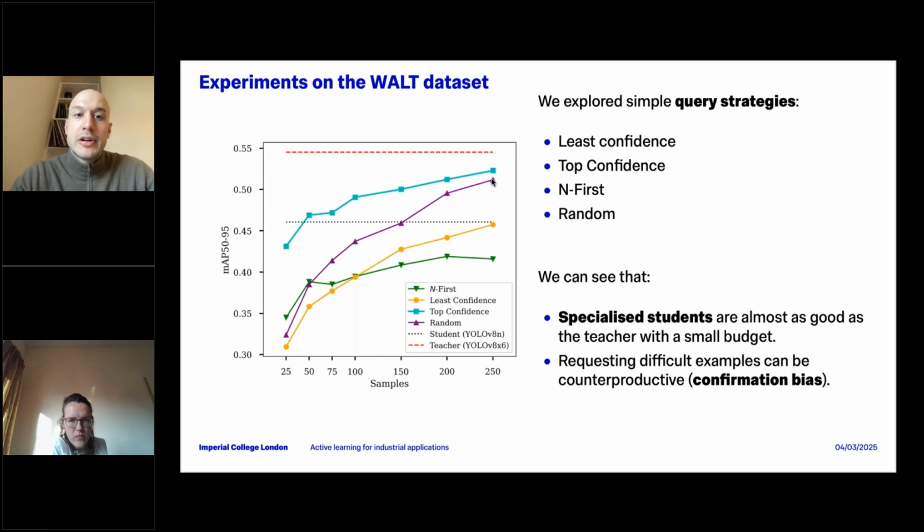But in this case, since we are dealing with a teacher annotator and not a human, it's not a perfect oracle. So if I ask for observations where my student model is very uncertain, the teacher model, which is not a human, might provide a wrong label, and this wrong label can actually degrade the performance of the model. So in this case, where we are not dealing with a perfect oracle or a perfect annotator, we may get better performance if we ask the teacher to only label images or data points where I already have a fairly high confidence, because I'm going to get good labels, and good labels are going to lead to better performance.